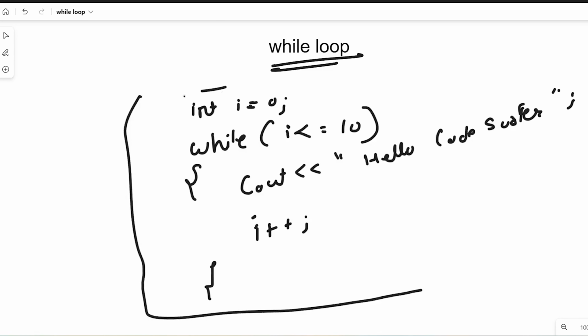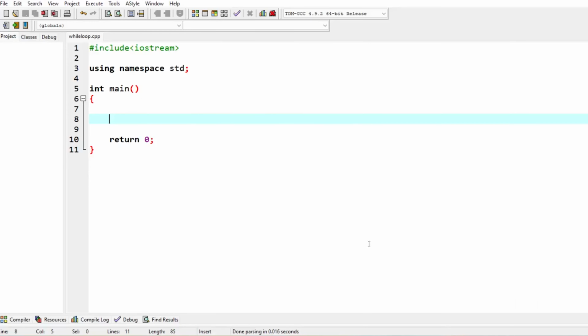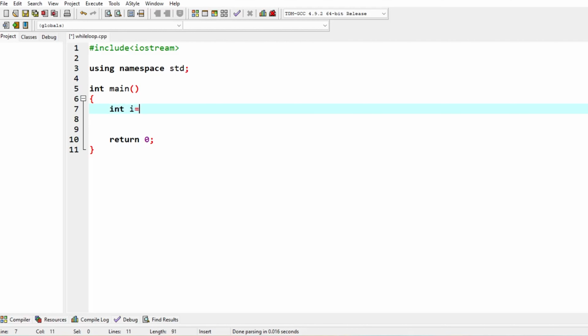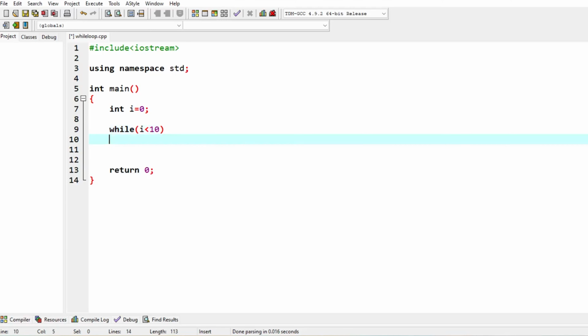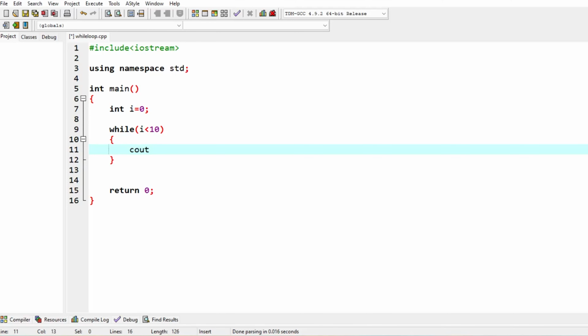So this is the while loop syntax, and as we saw in the last video, we'll simply jump to our code editor and see how these things work. So I'll open the code editor here, and as I said, I will write integer i equals 0, and again the while keyword with parentheses. So I'm putting i less than 10, and then the curly braces, cout